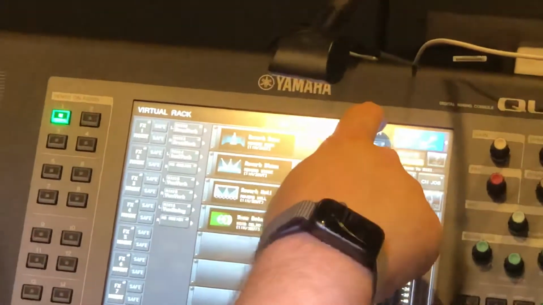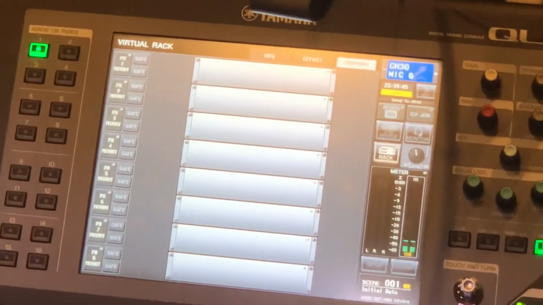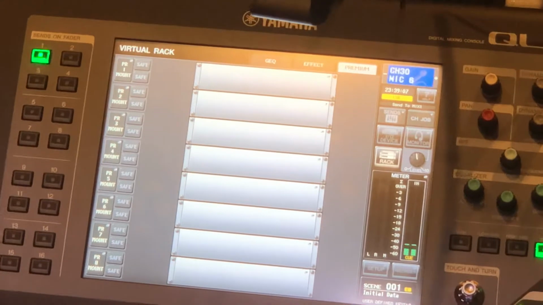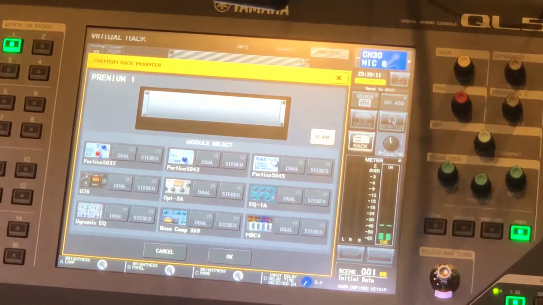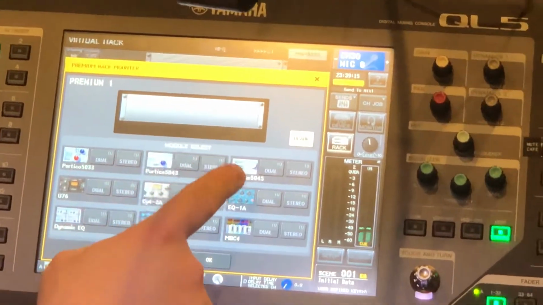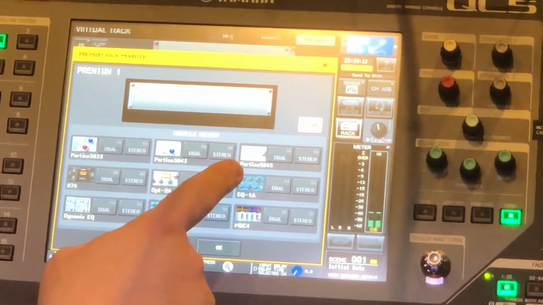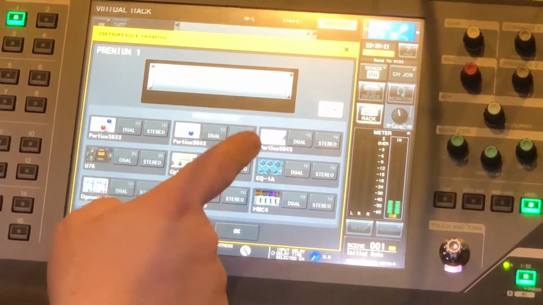But one of the nice things on this desk is you do have this little section of premium racks, which are currently empty, and we could add some stuff to. We'll tinker, we may add something or not. But there's some fancier devices that I can mount and add in here. So you'll see this is a nice EQ, this is a nice compressor, this is a nice magical device for making devices not feedback. I'll show you some more of that later, but that's a nifty little tool that does some black magic,